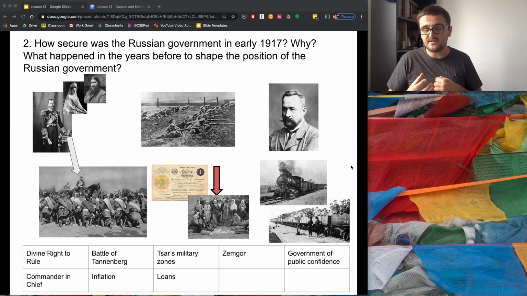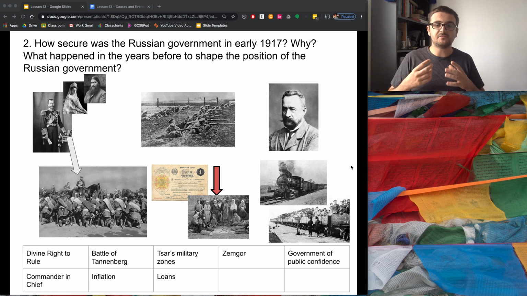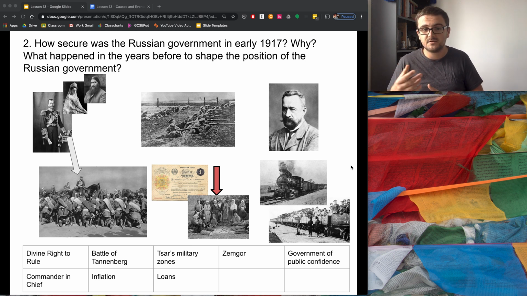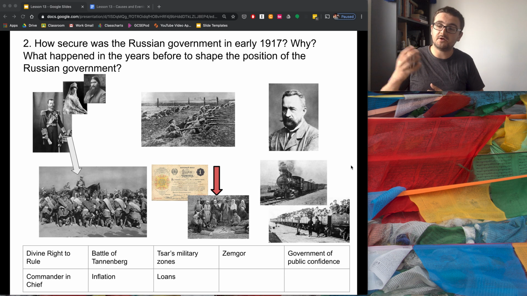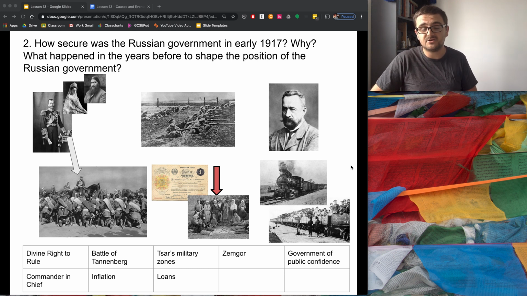So a strong railway network meant you could move your soldiers quickly. The Russian railway network was starting to crumble. This was putting a lot of pressure on the military. But also, the infrastructure of the railway is used like any economy to move goods around. So this makes it harder and harder for food to be moved around Russia to feed just the people as well. So again, this has got the problem, both economic and military, where the Tsar is starting to look like a real failure.